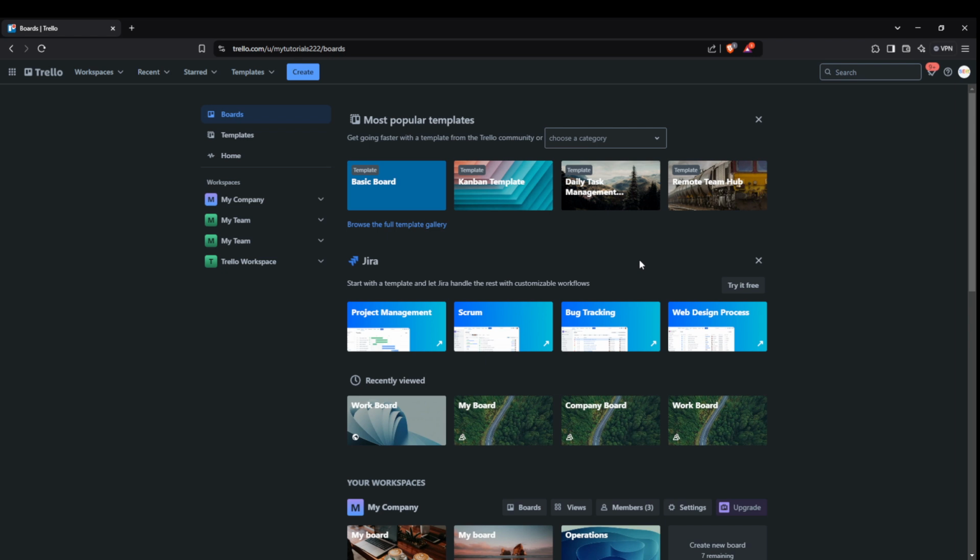And there you have it. Logging into Trello is as simple as that. You've now gained access to a powerful project management tool ready to help you achieve your goals. Make the most of Trello by exploring its features, and don't hesitate to customize your boards to fit your personal